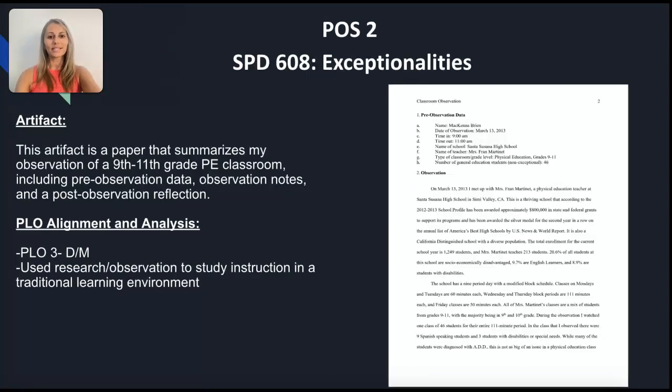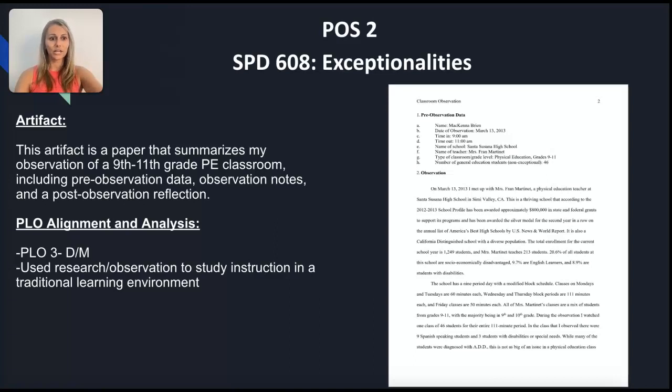My next course is SPD 608, Exceptionalities. The artifact is a paper that I wrote based on the experience of observing a 9th through 11th grade PE classroom. It included a pre-observation where I researched the school and the course, and then it has my observation notes and a post-observation reflection. I aligned this with PLO 3 because it targets the component of studying instruction,